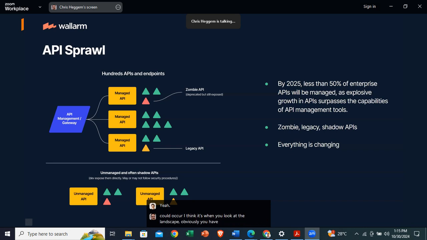Obviously, you have hundreds of APIs and all these endpoints, but APIs have been around for quite some time. So oftentimes you have older deprecated APIs that we call zombie APIs. You have legacy APIs. You're obviously building things very, very quickly, and with a quick hot fix that you're trying to get in before the holidays or because of a customer need, APIs oftentimes go unmanaged and are left out in the cold and forgotten about, which are there until some attacker sniffs